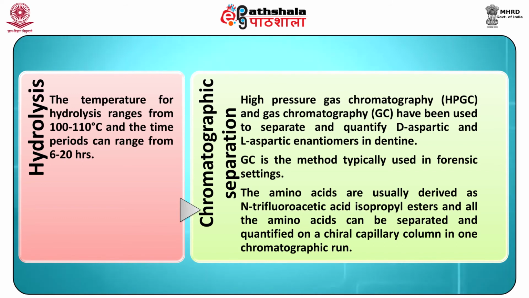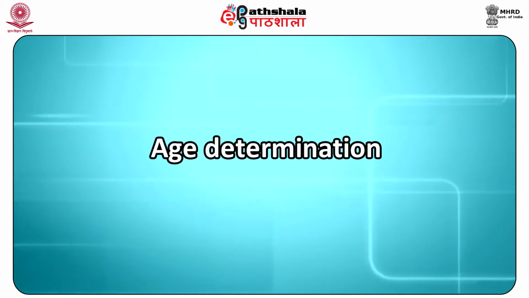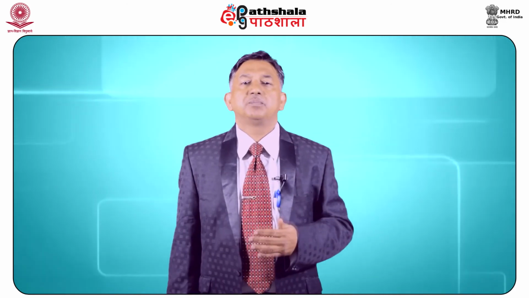The amino acids are usually derived as N-trifluoroacetic acid, isopropyl esters, and all the amino acids can be separated and quantified on a capillary column in one chromatographic run. With the help of this, the age determination can be done by the equation where we have got